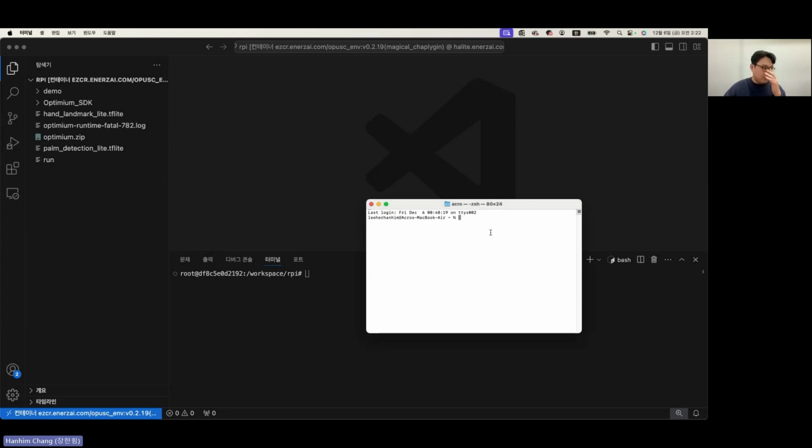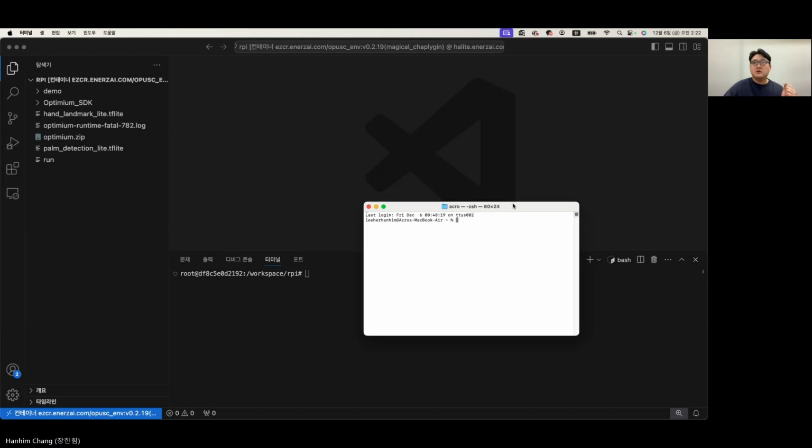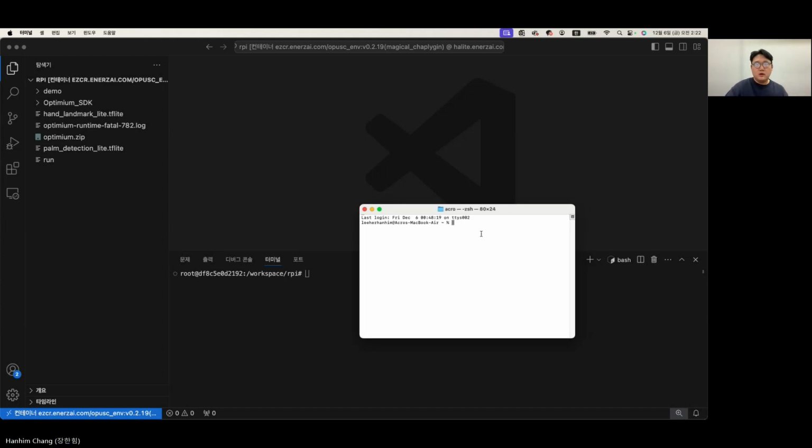So as I mentioned, we have the Raspberry Pi here. And I have to share screens right now? No, okay. So we'll activate the remote server, which is installed in the target device, which is Raspberry Pi 5. So we'll copy the address.